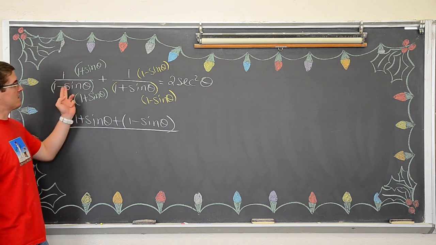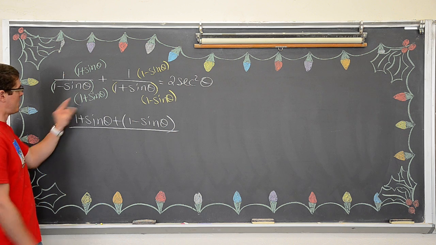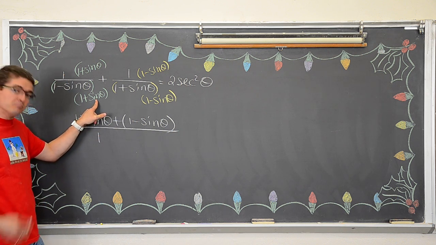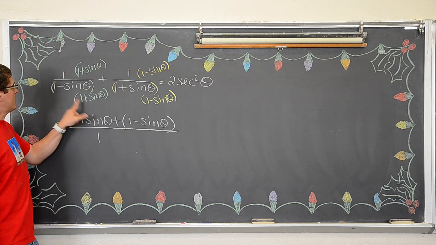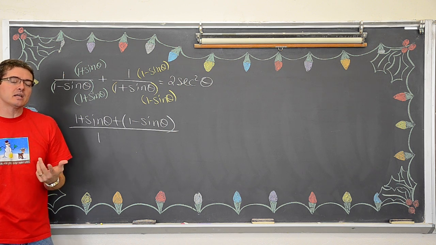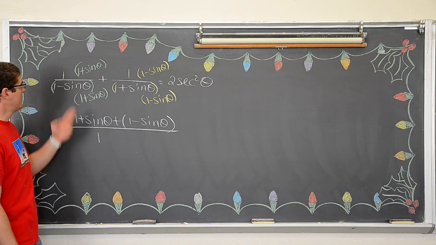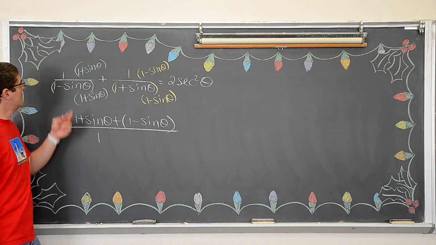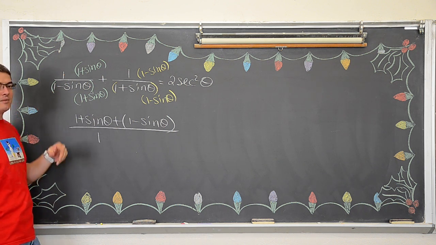Now again, we do have the same denominator twice. So we got 1 times 1 is 1. And then 1 times positive sine is, well, plus sine. And then 1 times negative sine is negative sine. Well, when you have a positive sine and a negative sine, they're going to cancel out. And this is a difference of squares pattern that you might recognize from Algebra 1. So the middle term is going to cancel out. Anyway, let me get back to what I was saying.